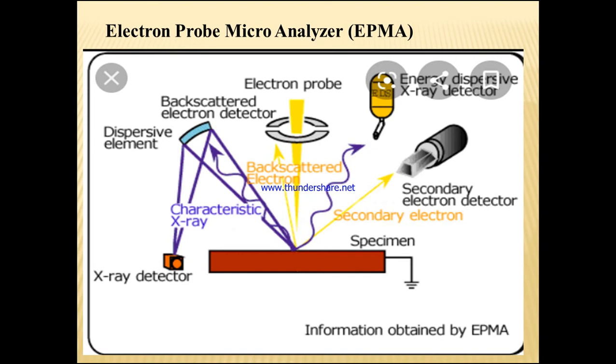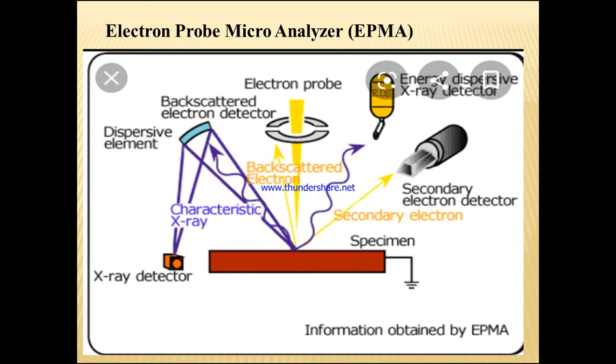Elastic scattering is similar to the backscattered electron. When the probe electrons hit the sample or the specimen, the electrons will be deflected. That is, only the direction of the incident beam changes; other than this, nothing changes here. That is what we call elastic scattering. So the incident beam will deflect, and we see the backscattered electrons.